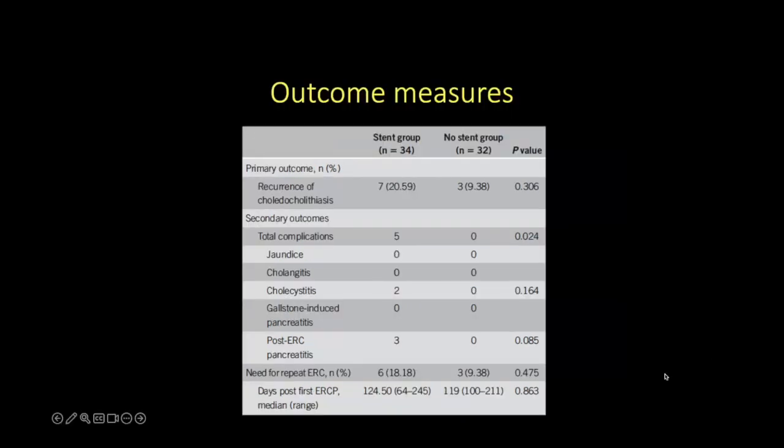These are the outcome measures. The authors encountered recurrence of choledocholithiasis, which is the primary outcome measure, in 21% in the stent group and only 9% in the no stent group. And despite this fairly large difference, the p-value was only